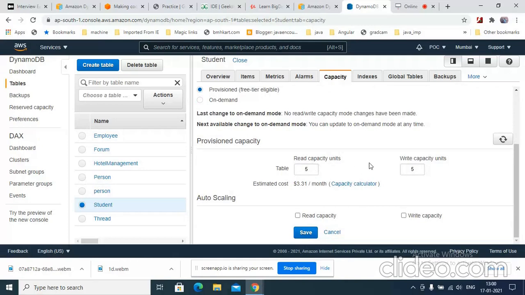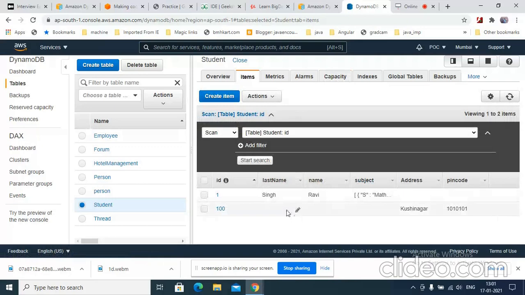You can change it, no doubt, and if it hits the threshold, then charges may be applied to you. This is auto scaling. If you want to auto scale in the free tier, you can check this box and save it. Right now I'm not doing that. This is on-demand. So coming back, let's query this data, right?